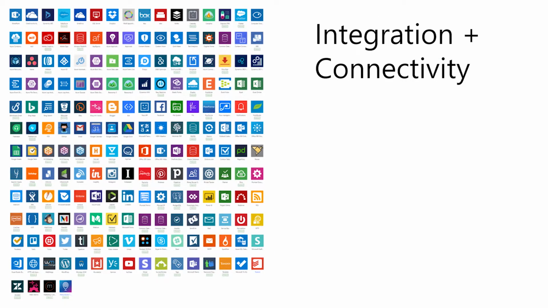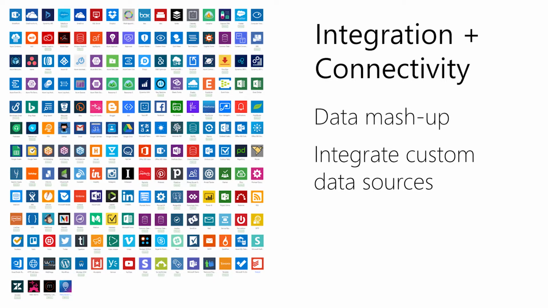None of the Power Platform components, including Common Data Service, could deliver value if it were not for the built-in integration and connectivity capabilities. Whatever application an ISV is building, whatever data it needs to consume, Power Platform makes it easier with over 200 connectors out of the box. The experience for ISVs is consistent across all Power Platform tools. It supports data mashups with multiple data sources, easily integrates with custom data sources into your app through custom connectors